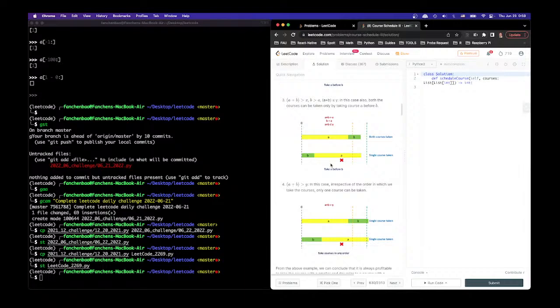I either take it or I don't take it, right? So if I take it, then I have the thing, whatever I have, and then go on to the second one. And I have an index, right? Or if I don't take it, I also have an index. So basically we try to find out which one allows me to take the most number of classes. So in that case, we can try